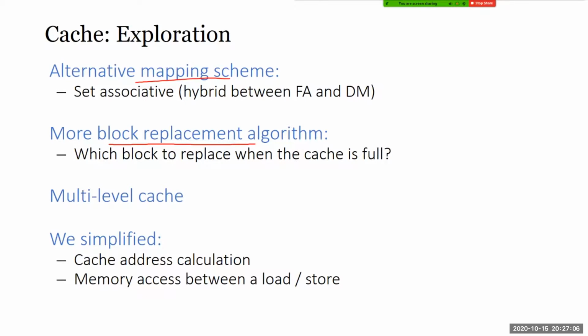Okay, so there is this thing about alternative mapping schemes, right? We won't talk too much about it. Basically, you can imagine that fully associative has advantages, meaning it's very flexible: any block we want can go anywhere. But the lookup mechanism is complex. Direct map is more restrictive, but the lookup mechanism is cheaper. So it is possible to design a cache to be a hybrid between fully associative and direct map. You can design it some way, so you can have a certain trade-off between the two, right?